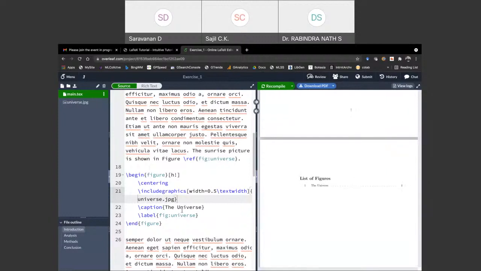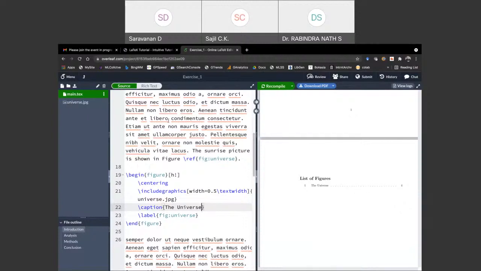If you had 10 figures, then all those 10 figures and their captions would appear here. One thing you have to be careful about is that sometimes the caption gets too lengthy, like when you mention that this is measured from experiment B and so on, with parameters, etc. It might be difficult to accommodate all those things within the list of figures page.